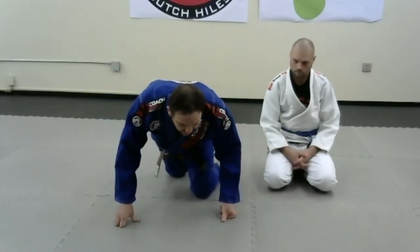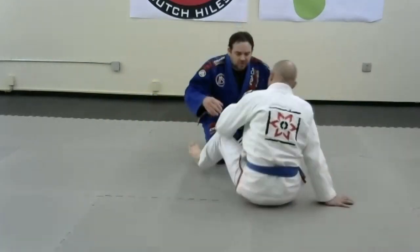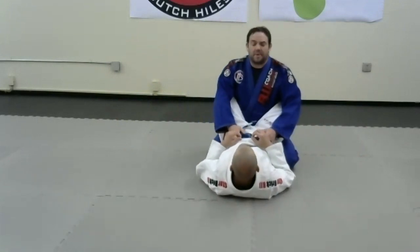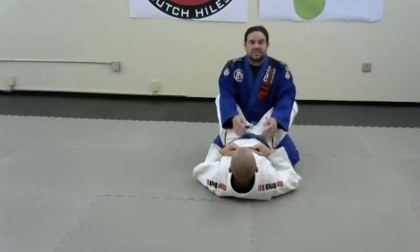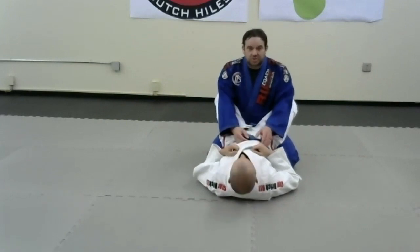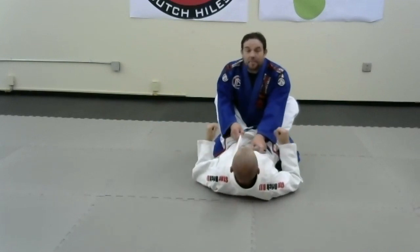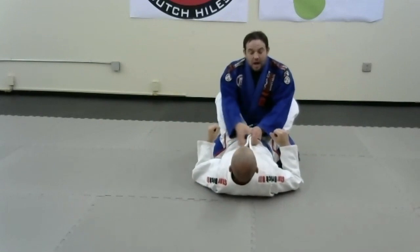We're going to start out talking about in guard. Now, you can get standing guard breaks. Everybody has their favorite, and I'm going to keep it simple today. I don't want to do anything too big. Whatever your favorite guard break is, you can use it. We'll also talk about approaching an open guard and getting to this. But anytime I'm here, especially if most of the stuff we're talking about is knee stuff today, I always like